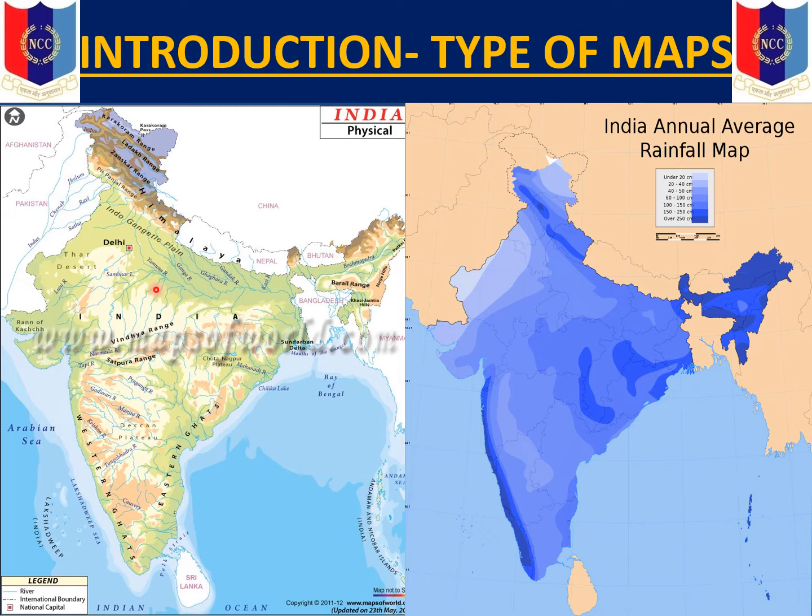The physical map represents the physical relief of any region, that is the delineation of the hills and the plains, the distinguishing of high ground and low ground, and the important river systems. This is the average annual rainfall map showing the amount of rainfall received by various regions based on the averages over a long period of time. The dark blue ones receive the maximum amount of rainfall in a year.